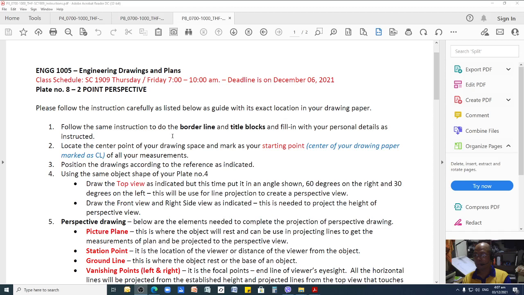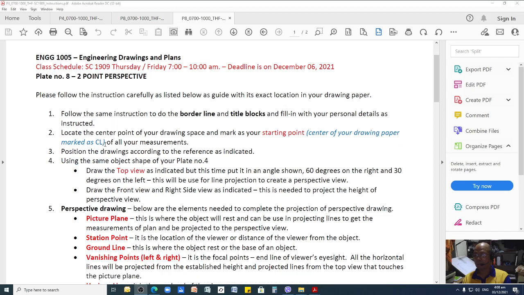So I provided you an instruction, which I'm going to explain to you one by one. As you can see on the screen, I've provided you a step-by-step instruction for you to follow. Also, I explained here the types of perspective drawing and the parts of doing the perspective itself. So let me jump to my instruction